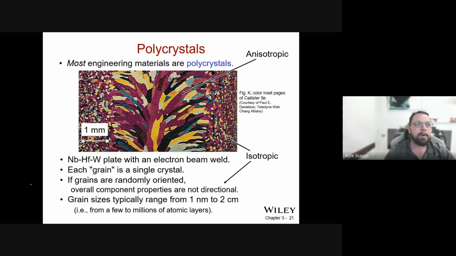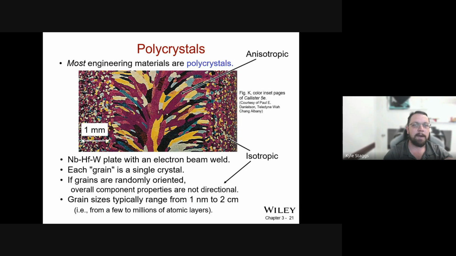Because those grains and the properties are not directionally oriented exactly, they don't really have a strong or a weak axis. So that's going to be sort of strong in compression, but very weak in tension. And that's typically where it fails, is vibration and tension that tends to pull those heat affected zones away from the stronger isotropic crystals. So commonly these grains are going to range from something like 1 nanometer